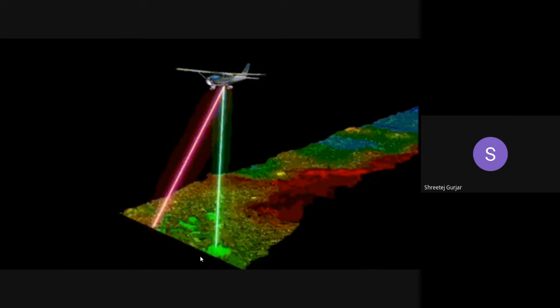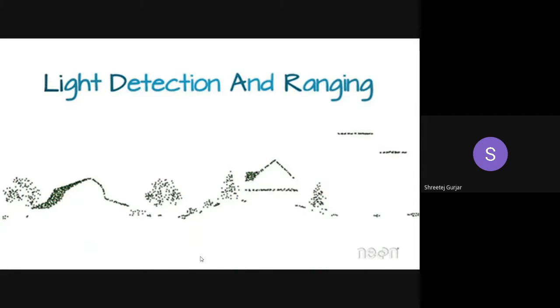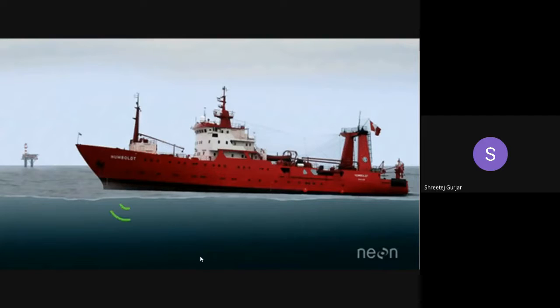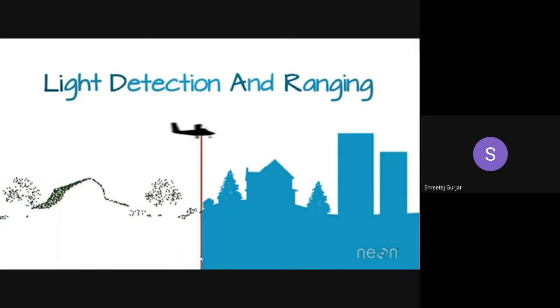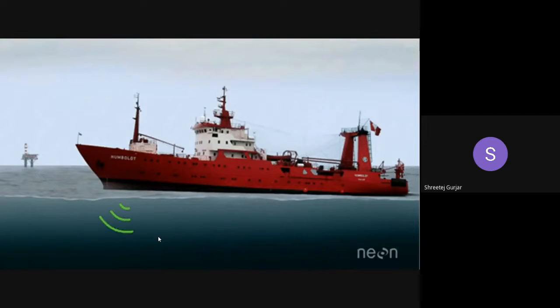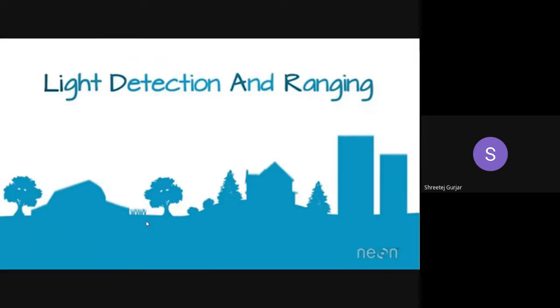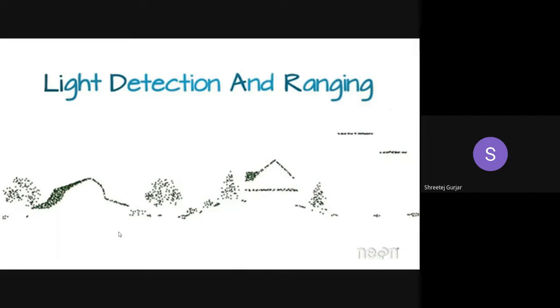Okay, coming to one more image showing the same. You can see this is the side view wherein the light beam is being thrown and it is being reflected back. This will give you a good idea of how light detection and ranging is used in terrestrial photogrammetry. You can see it can only trace out the top surfaces, right? It will trace out only the top surface of the tree or the building, and not the 3D image. Very clearly, it will trace out only the top surface.